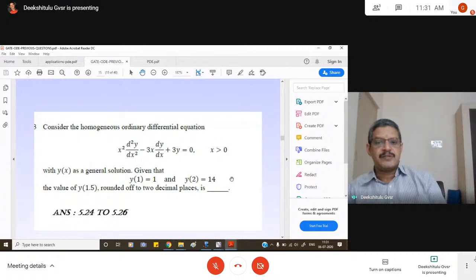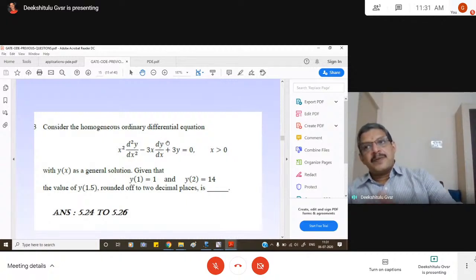Answer the homogeneous differential equation x square d square y by dx square minus 3x dy by dx plus 3y is equal to 0, for x greater than 0, x is positive. y of x is a general solution. Given that y at 1 is equal to 1 and y of 2 is equal to 14, find the value of y at 1.5. So that means